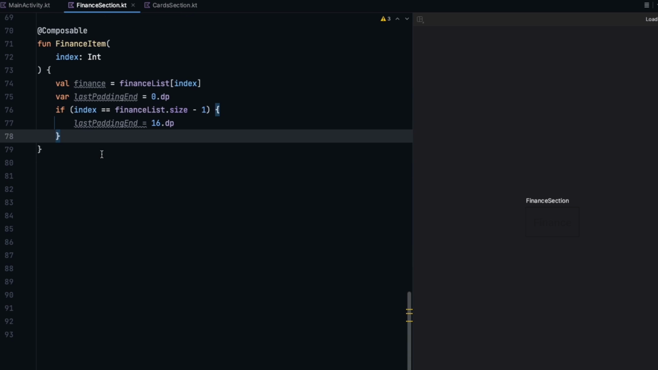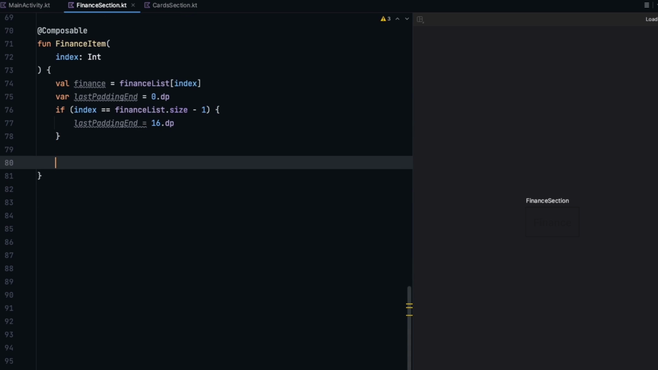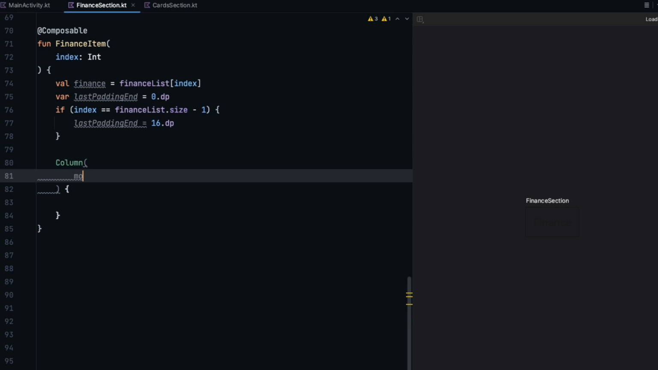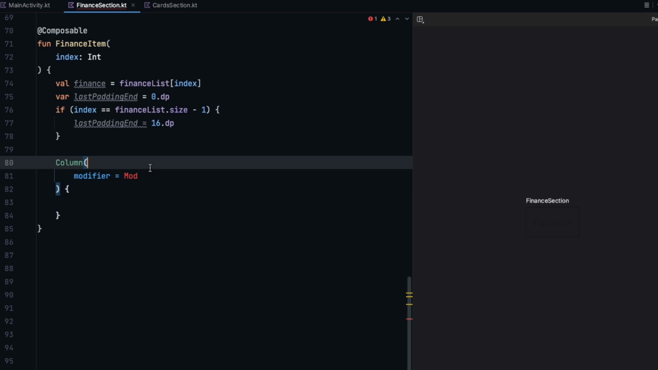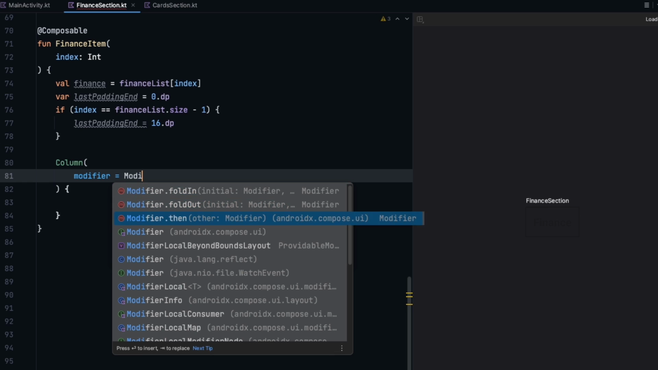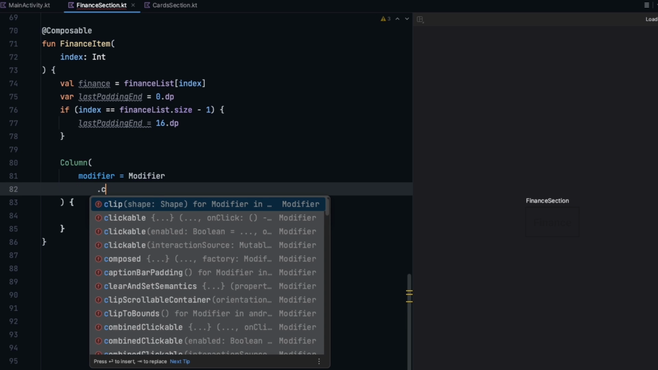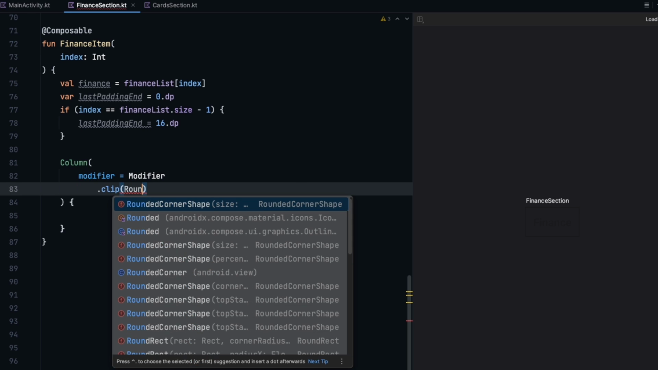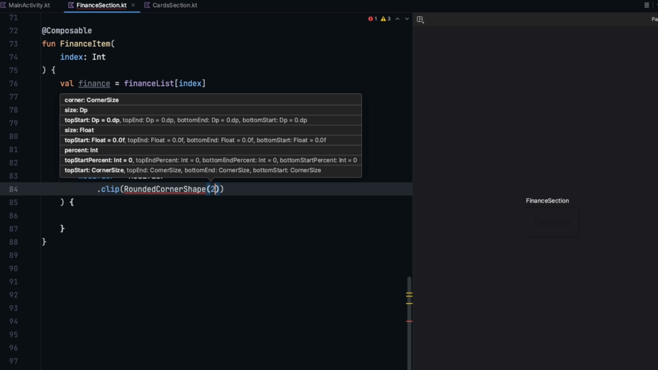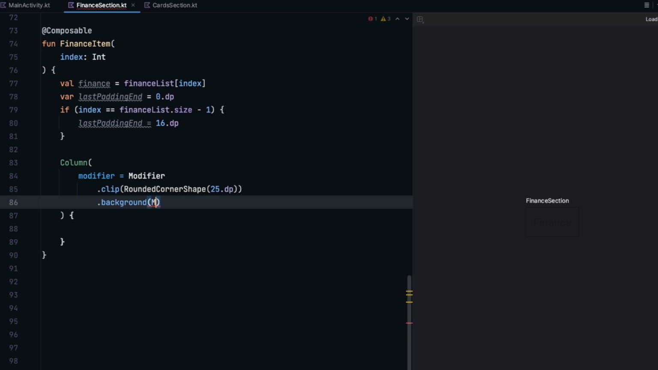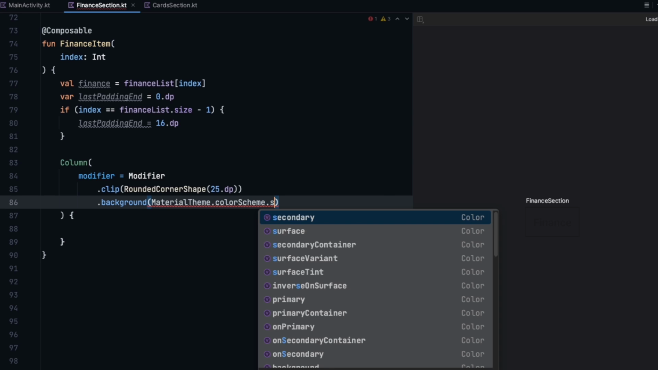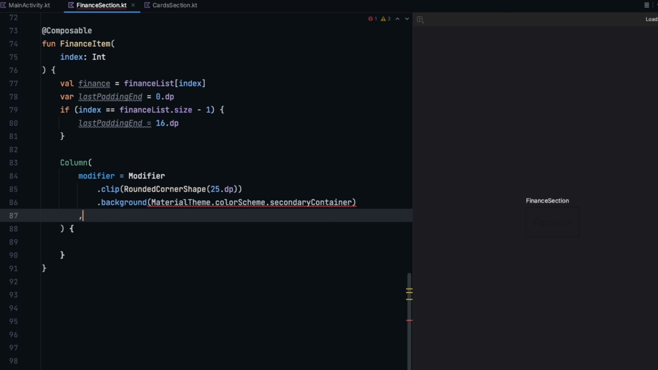And then let's create our column for the icon and the text inside it. So let's create a column right here that is going to take a modifier. Modifier is equal to modifier dot clip to have rounded corners, clip 25.dp, and then dot background, that is going to be MaterialTheme dot colorScheme dot secondaryContainer, and then